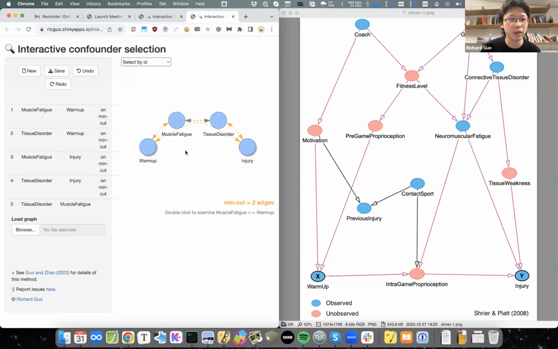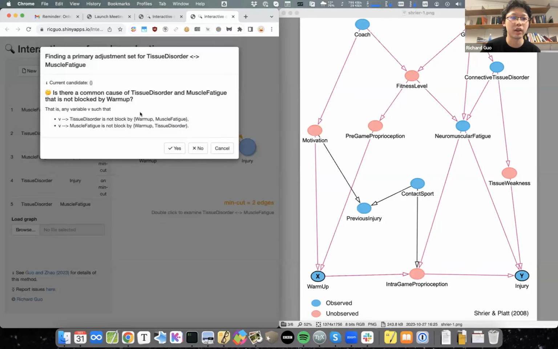Now you can see there are four edges that are highlighted, and on the bottom right, it tells me that in order to render warm-up and injury disconnected, at least two edges I need to remove. At the minimum I remove these two or those two, but I can choose which one I want to remove in practice. For example, if I want to just look at the edge between muscle fatigue and tissue disorder,